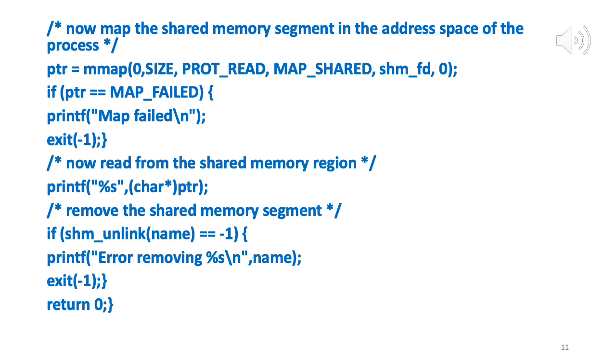So here again we have error checking for the mmap, because mmap returns a pointer. So if pointer is MAP_FAILED, print map failed. So we can have a negative value here. Okay. And now all we need to do is read from that shared memory. ptr is a pointer to it, correct? So it will contain a pointer to the S in "Studying operating systems is fun", right? So it will have a pointer to the S in study, correct?